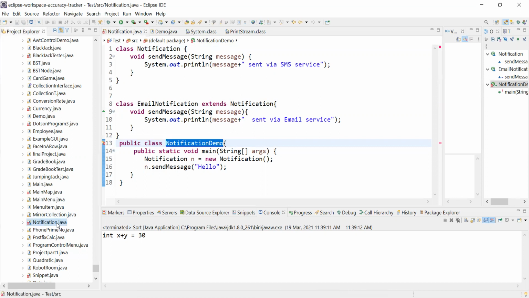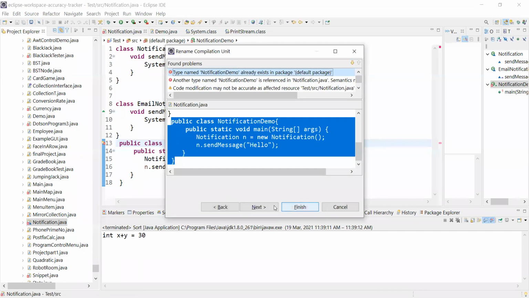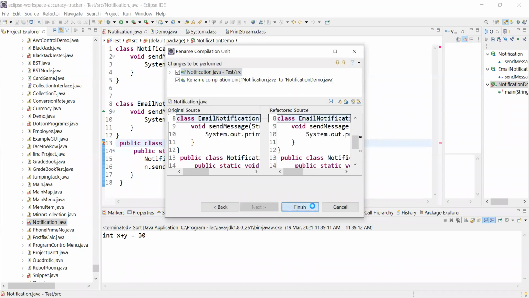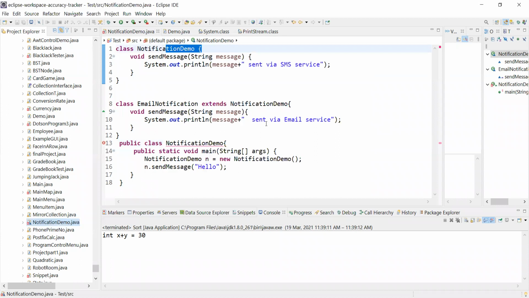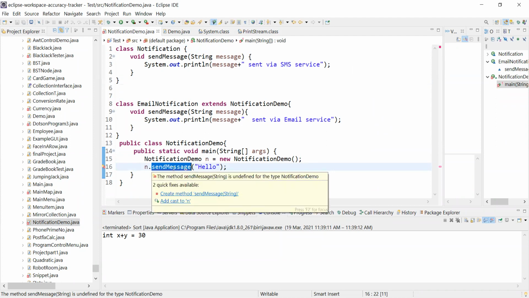So I'll rename this, and then we will be able to get the option. This was only notification and send message. What is the issue right now?